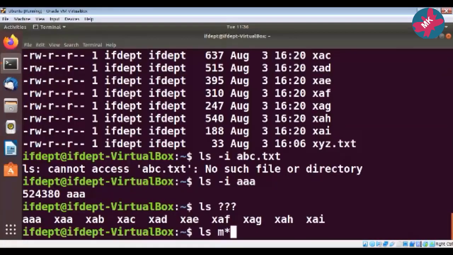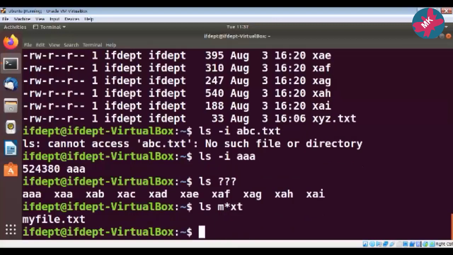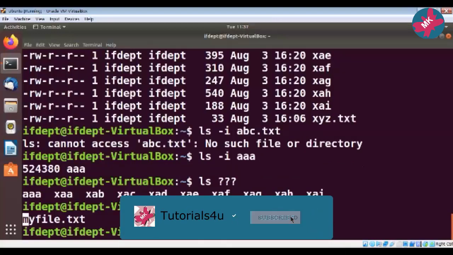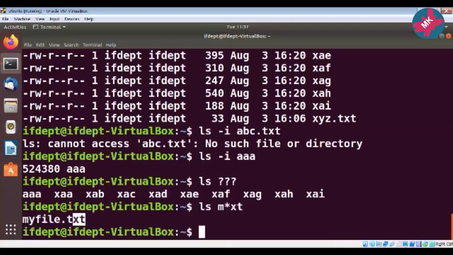Star means 0 or more characters, and I want that file to end with xt, isn't it? So let us see what the output of this will be. Only one file starts with M and ends with xt. So see here, by combining some special characters, how powerful this ls command is.